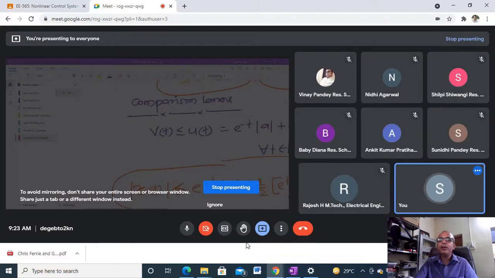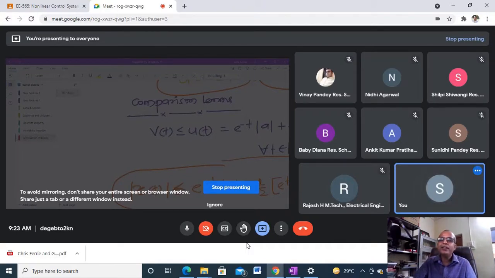So with this remark I am going to end today's lecture: comparison things are very, very important, because if we understand the comparison principle, then if I have some kind of complicated equation, I can convert that equation into an easier form, and I know how to solve that easier form. That is the main motivation. And it is possible to show that all Lyapunov theory is based on this only.